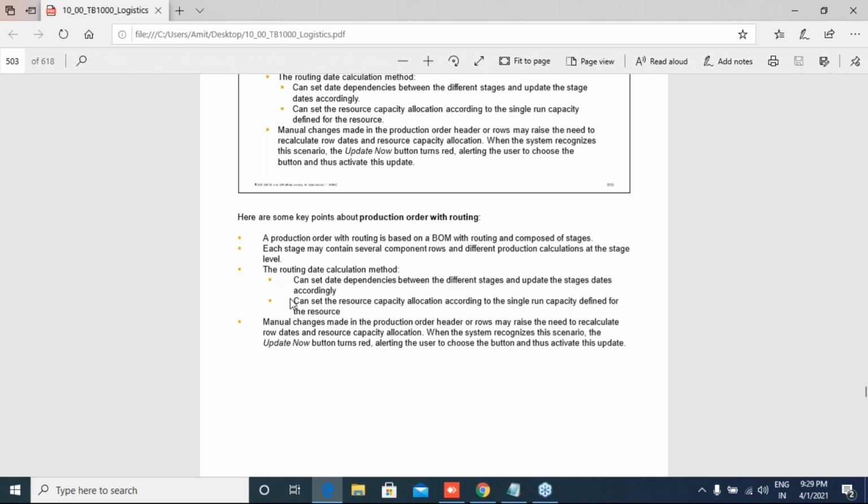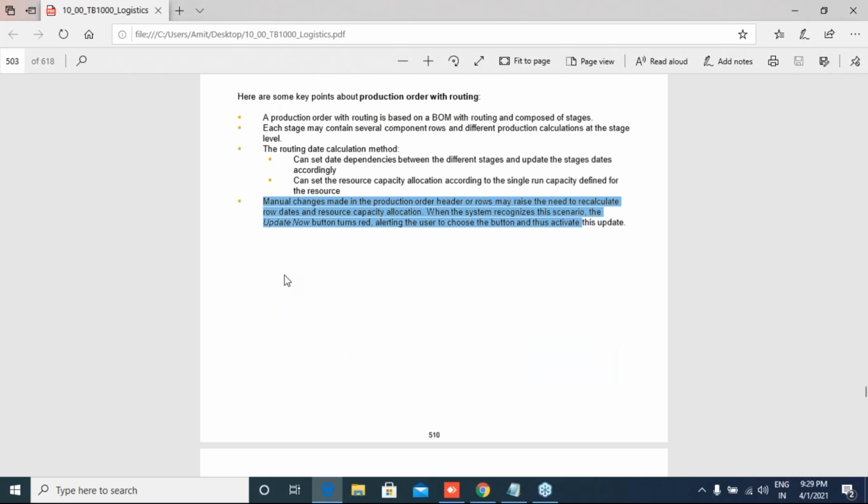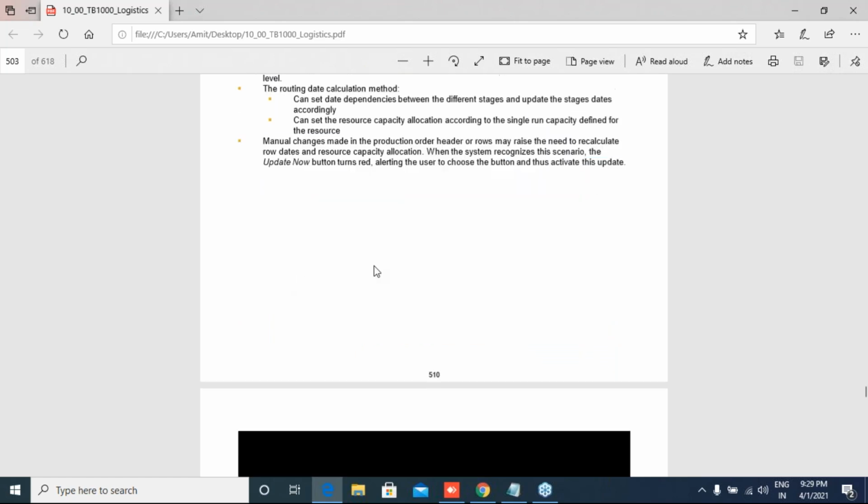Can set the resource capacity allocation according to single run capacity defined for the resources. Manual changes made in the production order or rows may raise the need to recalculate rows and resources capacity allocation. When the system recognizes this scenario, the update now button turns red. Basically, the same is repeating over here.